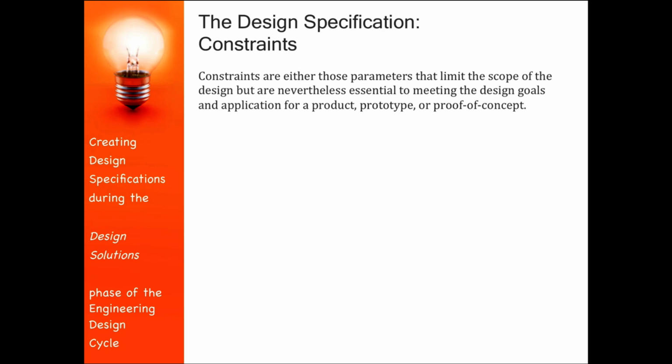Let's move on to take a closer look now at the constraints associated with the design specification. These are the aspects of the design that must be met in order for the design to fit into a particular product or application. Which constraints and how they are quantified naturally depends on the specific design and its application to a product. While it may be tempting to list all desired constraints in the design specification, this list must be carefully filtered and separated into those constraints that are critical and those that are nice but not absolutely necessary